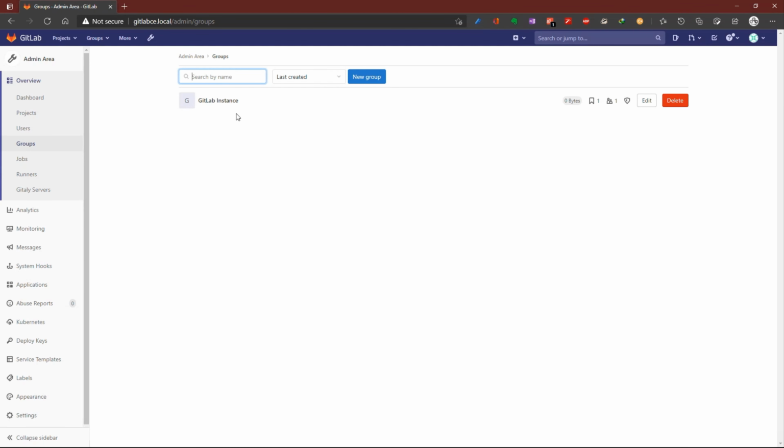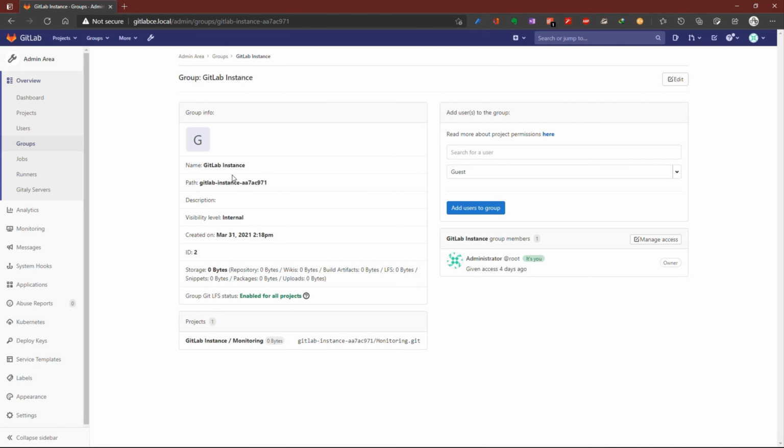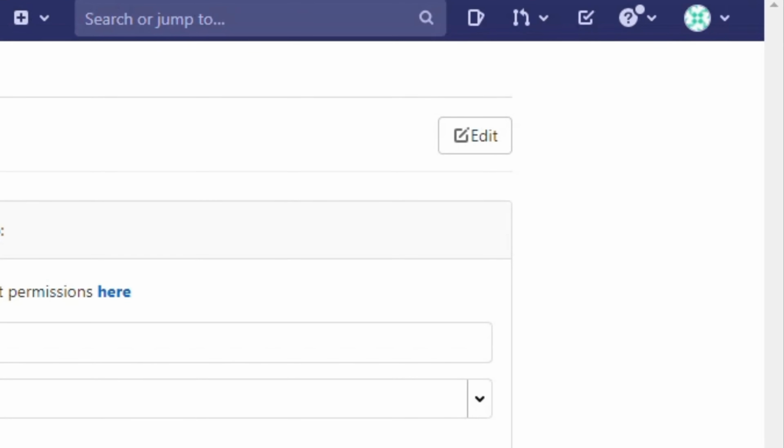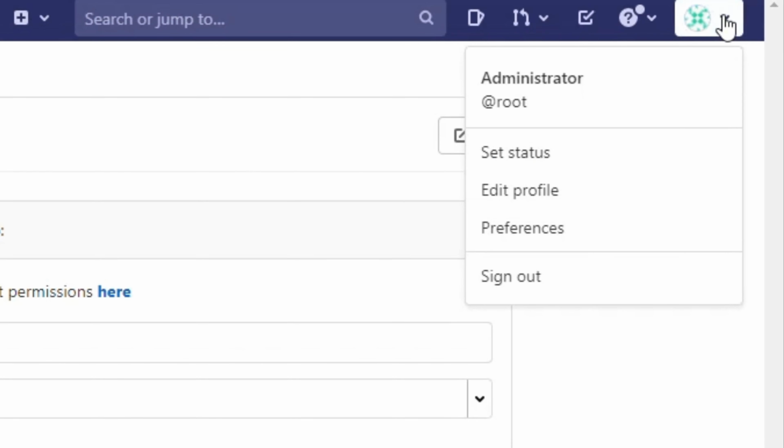We have a group, GitLab instance. Now we need to change our root name, our username.